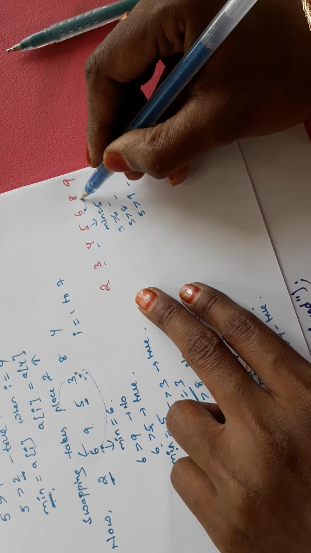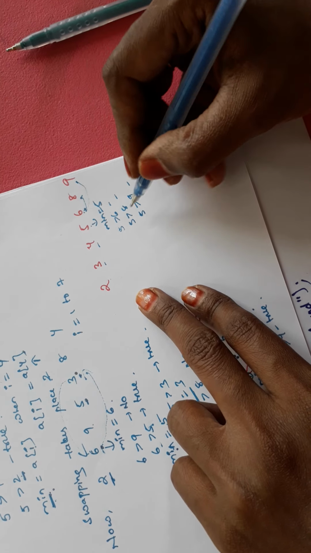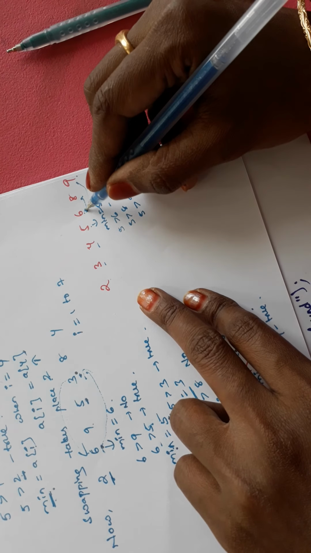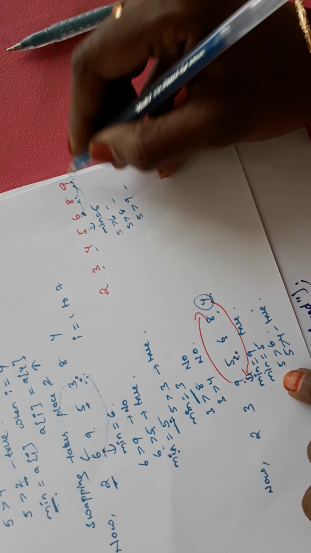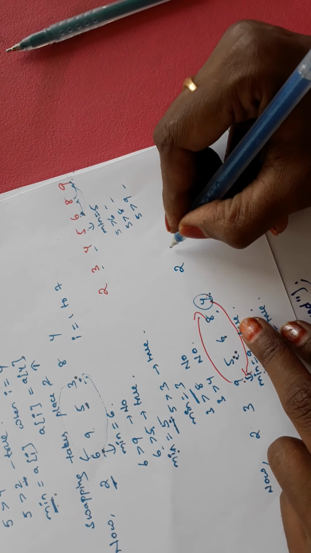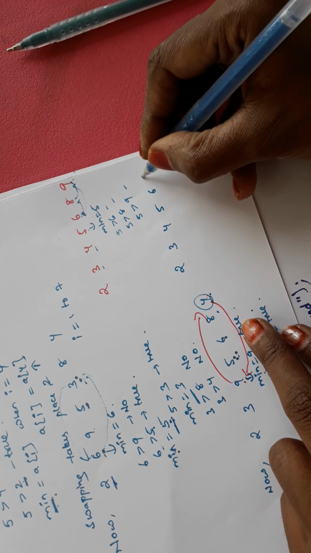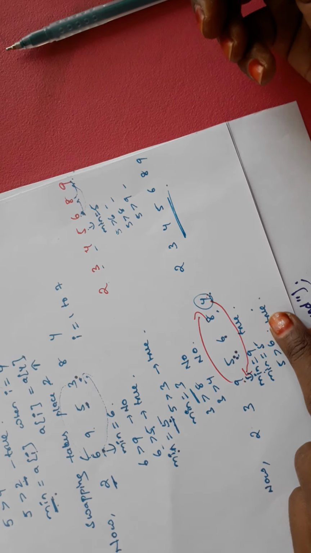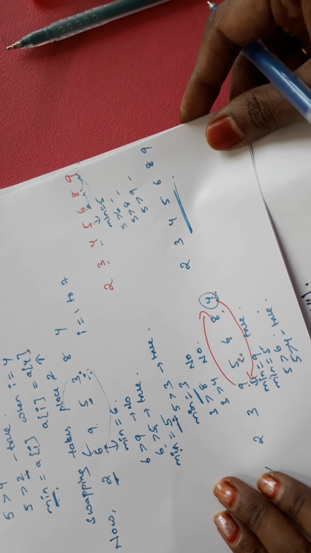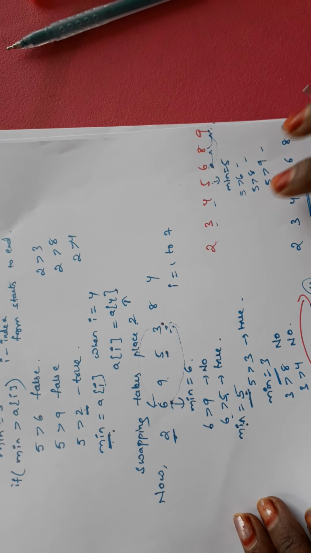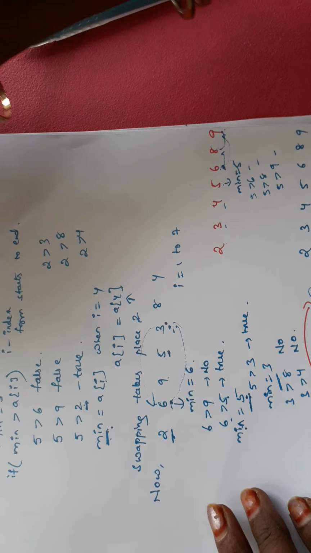Okay. Now compare 6 with 8. Next 6 with 9. Again the condition is false. The 6 is in the correct place. Now compare 8 with 9. So they are in the correct places. Now the array becomes 2, 3, 4, 5, 6, 8, 9. This is the array. In selection sort, we sort the values in an order, either ascending or descending,